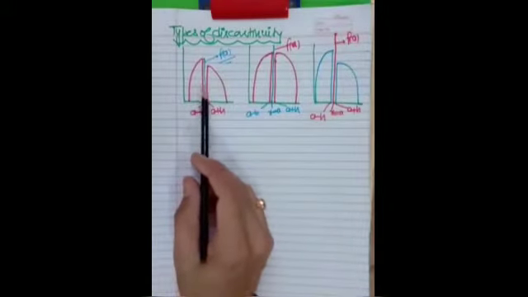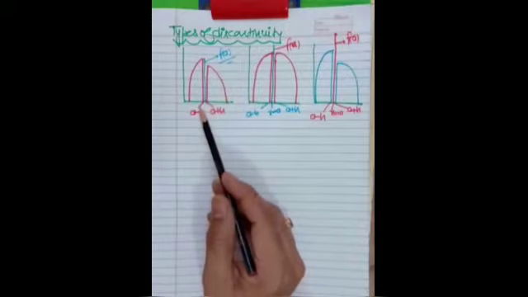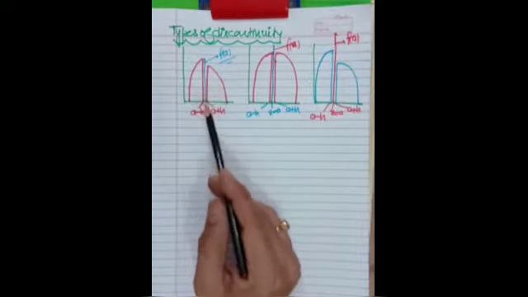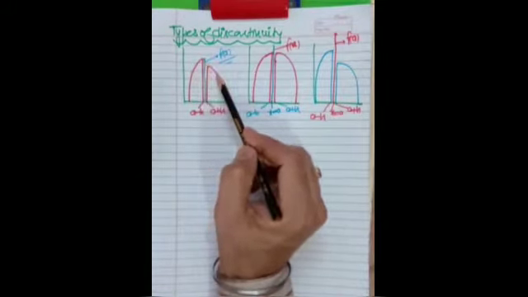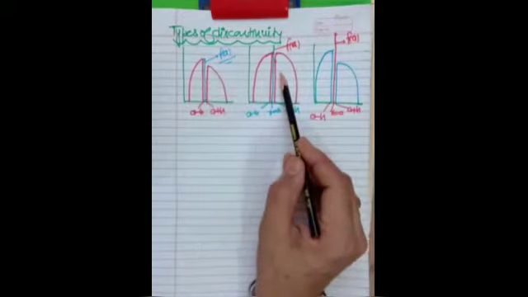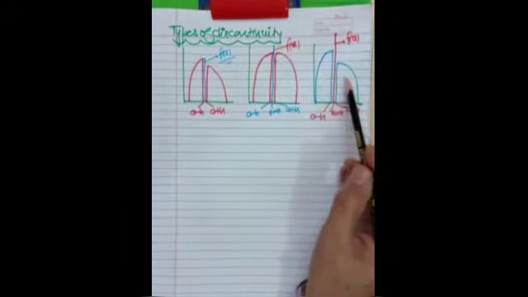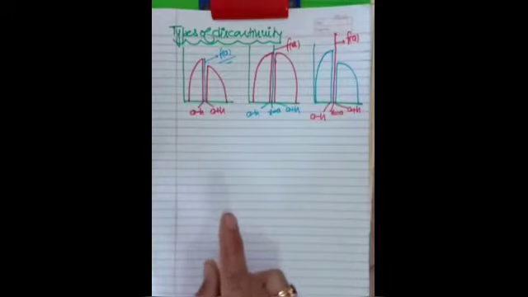Now children, come to the types of discontinuity. How many types of discontinuity are there? A discontinuous function is one in which LHL and RHL are unequal. It means the limit does not exist. Sometimes it happens that the value is equal to LHL or the value is equal to RHL. Now the second type, in which LHL and RHL are equal, the limit exists but the value is different. In this case all are different. These are all the types of discontinuity. In this case the function is not a discontinuous function.